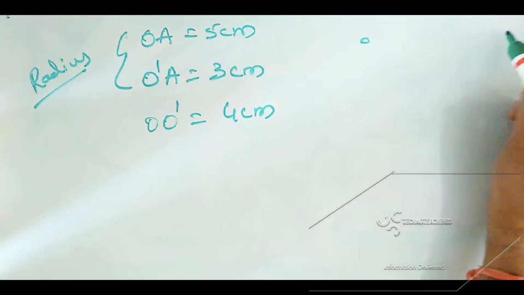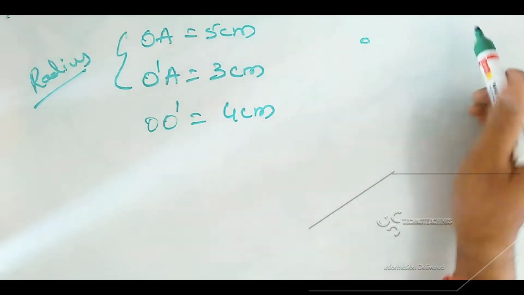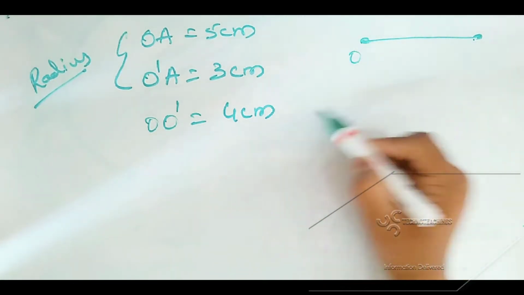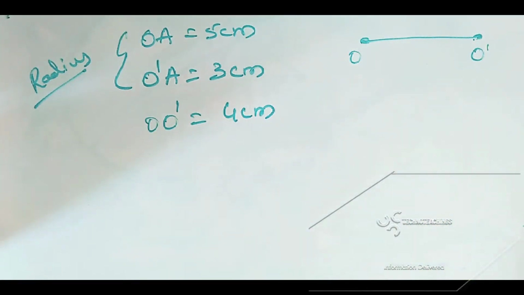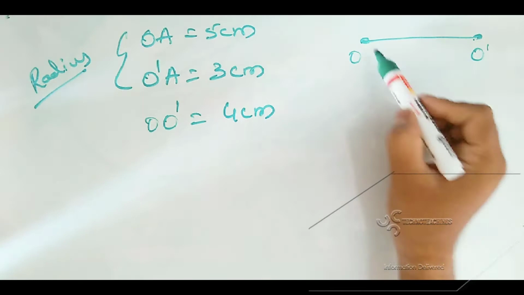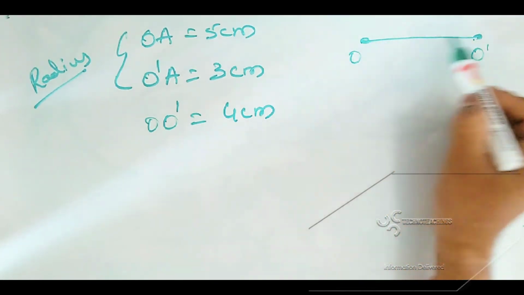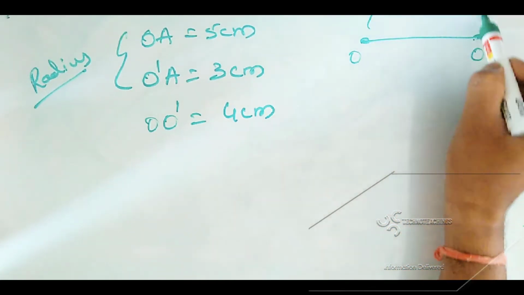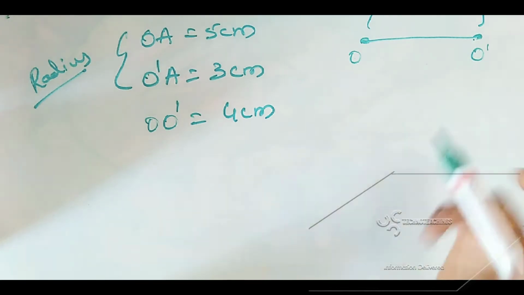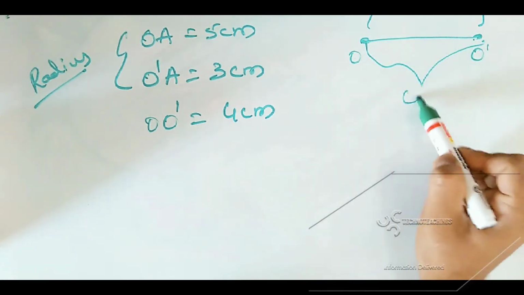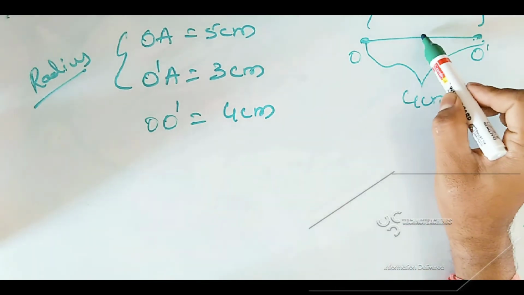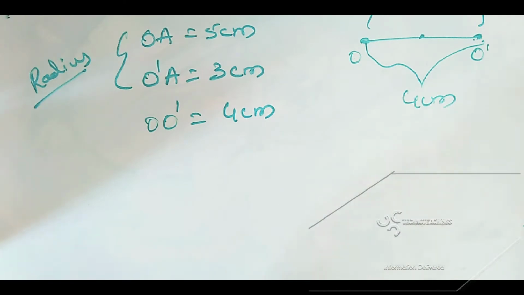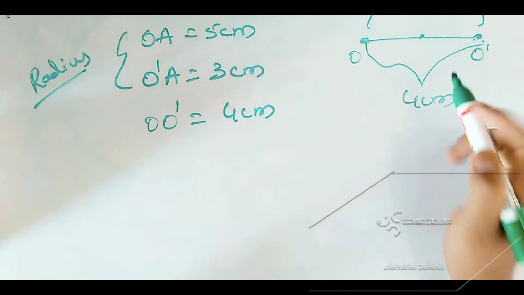Since we have, for your reference, I'll draw a line segment and name it as O, and this is O dash. For example, if a line is joining 2 points from O to O dash, I have a total value as of this line segment as 4 centimeter, and the total value of this is 4 centimeter. If we are assuming it is 4 centimeter, if you want to calculate the difference,